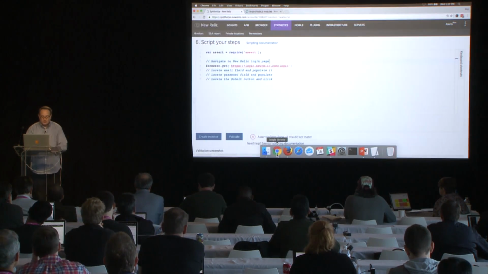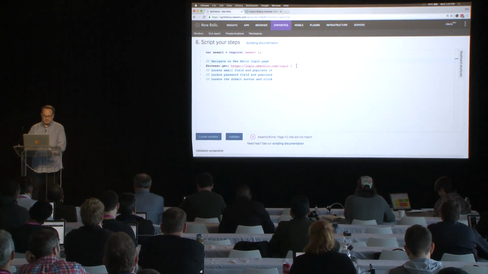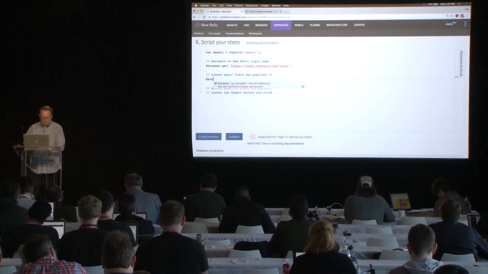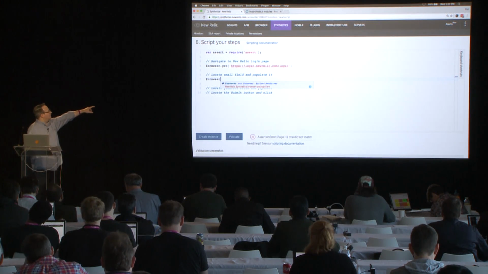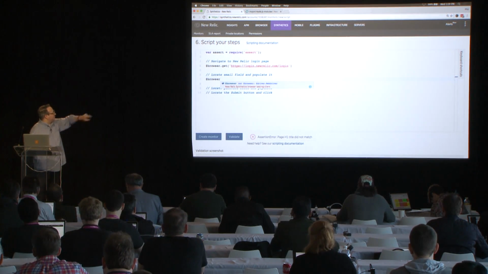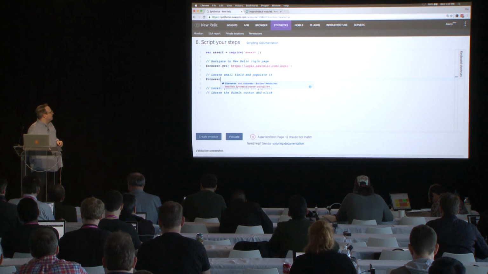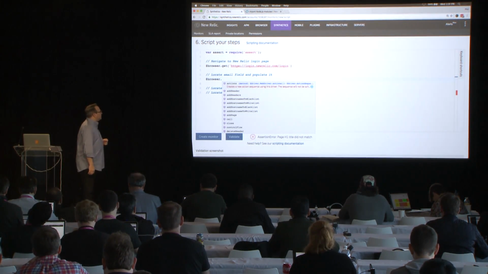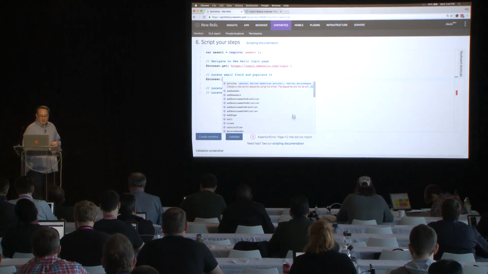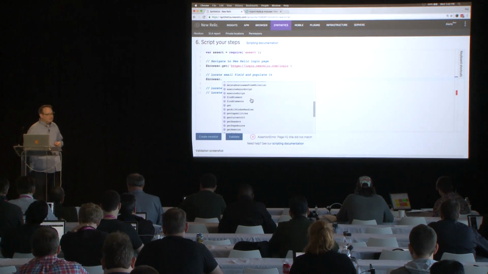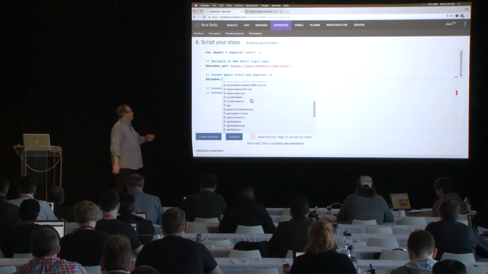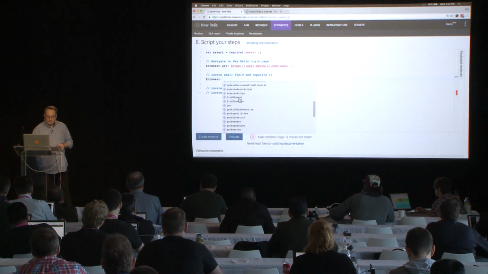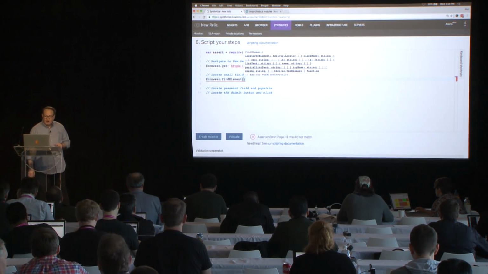Now, if I go back to my code, I'm going to say browser. And notice that as I type, the editor is helping me. It gives me some information about what that browser object is. When I hit period, it'll bring up a list of the methods that are available to me on that browser object. And one of them is find element. I can find a single element or I can find a collection of elements. In this case, I just want to find one. And then when I hit open parens,